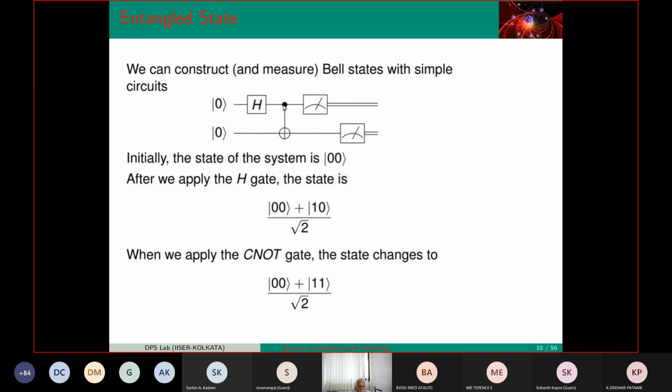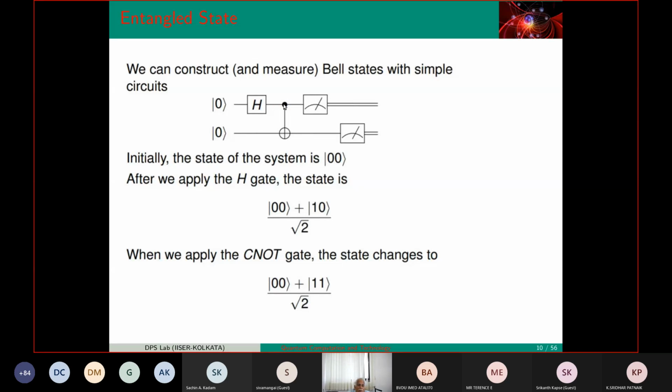What is control NOT? If the first qubit is 1, the second will be flipped: 0 will be changed to 1, and if the second particle is in the state 1, it will change to 0. So this is the notation you use. Hadamard is a square bracket with H. Control NOT is a black dot, basically showing who is controlling whom. The second fellow is being controlled by the first fellow. If the first fellow's output is 1, then the 0 here will change to 1. Okay, so you can check.